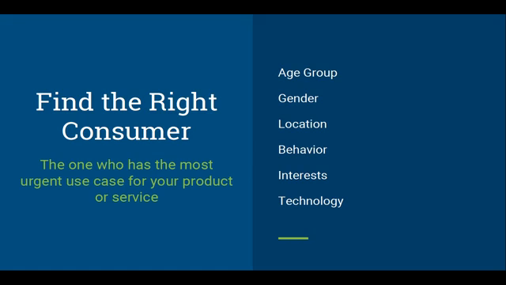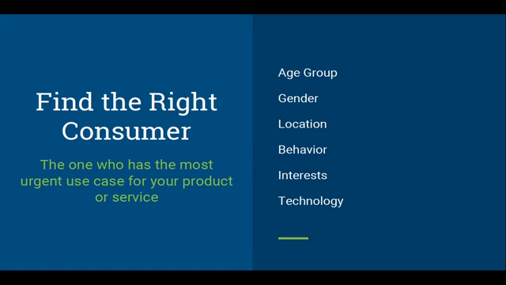A good example here would be that all of us use email on a very regular basis, right? But a sales manager of a B2B startup might have a very urgent use case for a particular email feature, like email tracking. Not all of us want to be tracking emails. He wants to know whether the client he has sent an email to has opened it or read it. So for him, it's a very urgent use case. So if you're creating an app for tracking emails, you need to reach out to sales personnel. That's how you find the right audience for you.